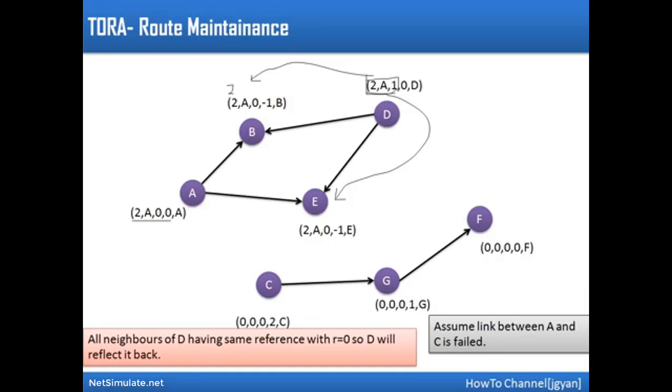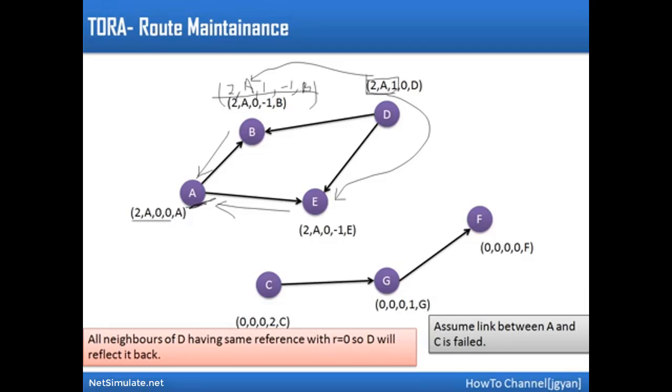their height to 2A1 minus 1 B. So this will be the new height for B, and similarly for E as well, 2A1 minus 1 E. Now if this height is compared with A, B becomes a high node. So in that case, this direction is reversed. So now